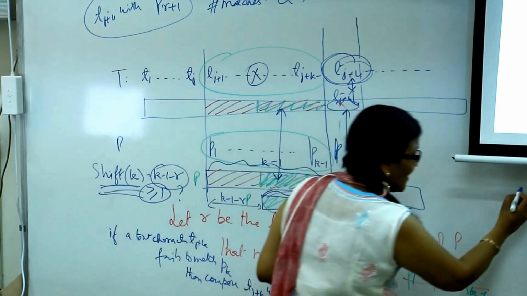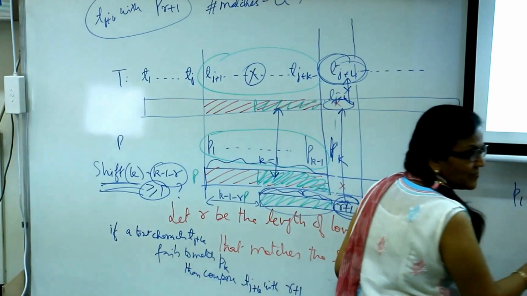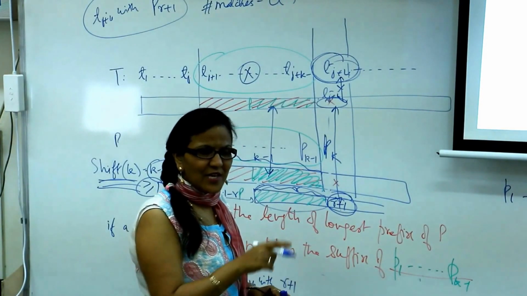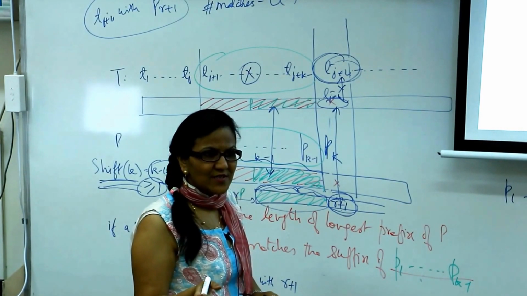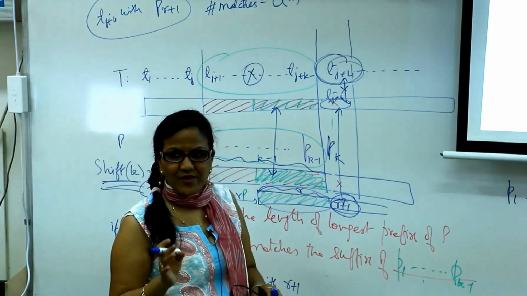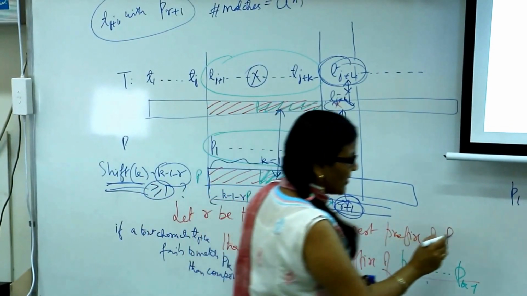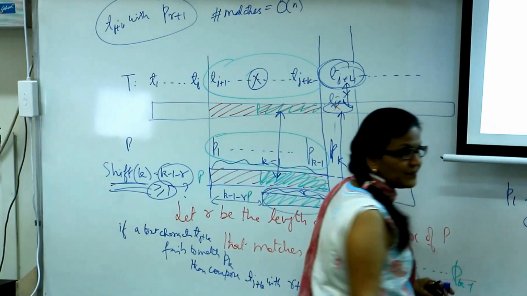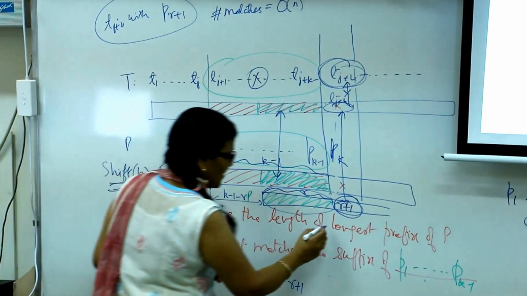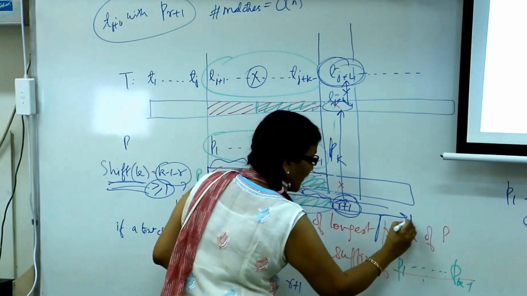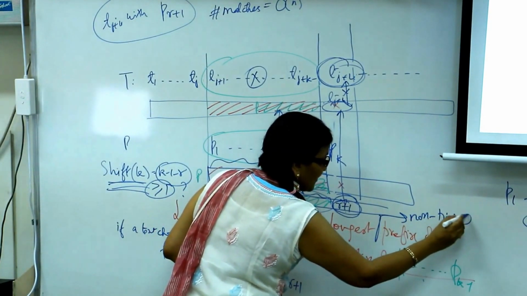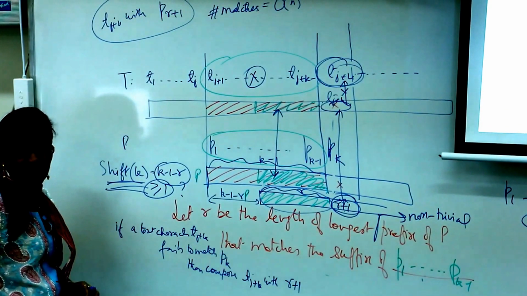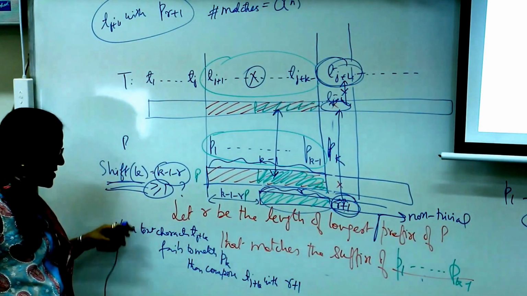So, let's not get into that. If I have P1, P2, up to Pk minus 1, then this entire string is a prefix of itself. This entire string is a suffix of itself. That will match. That is a natural longest prefix, but it's a trivial one. So we say longest non-trivial. So the length of the non-trivial prefix suffix would be at most k minus 2. Let R be the length of the longest non-trivial prefix of P. So the length of R is at most k minus 2, and hence the shift is at least 1.